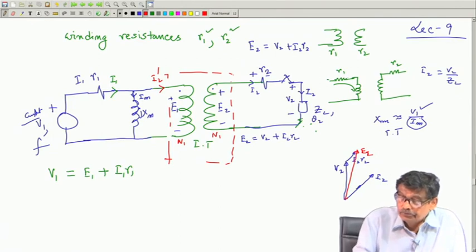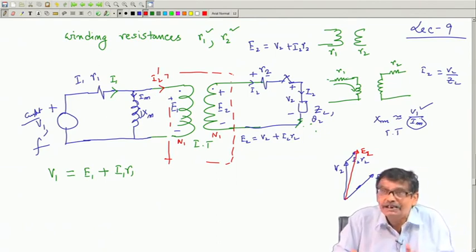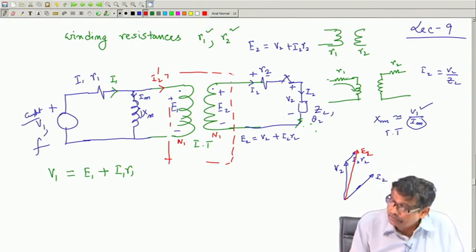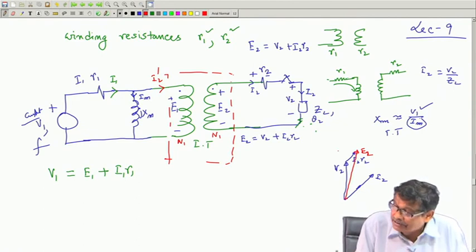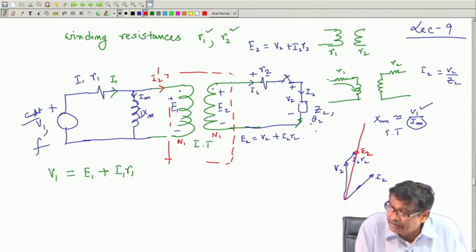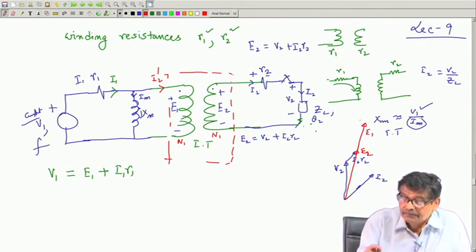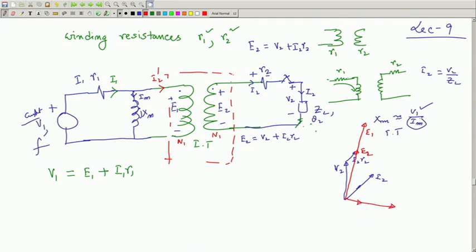If you get E2, this ratio of voltage is N1 by N2, absolutely no doubt. Mind you, this V1 by V2 may not be N1 by N2 strictly speaking, but these induced voltages are in the ratio N1 by N2. So, E2 is this, then I know E2 and E1 are in phase. So, I can get E1, assuming N1 is greater than N2, it will be this. Then I know the magnetizing current, which will be 90° lagging, and this current is small. Let me draw it now correctly, Im, small current,